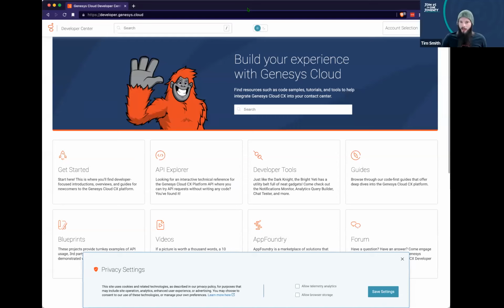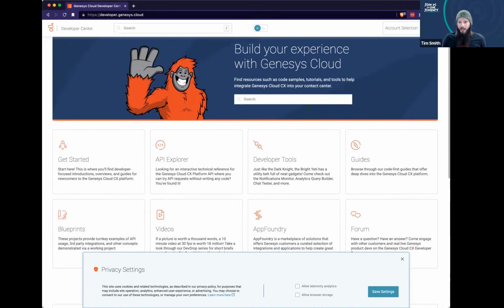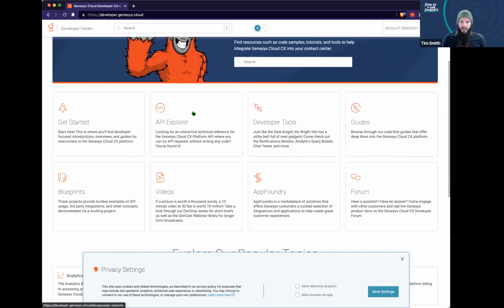I'll jump right into it. So here we have our new Developer Center. We've worked with our user experience team to come up with a fresh new layout and design for the site. On the front page, we've started with search front and center, so you can search anything you like on the site. We have some common landing sections here: getting started, API Explorer, link to the developer tools, guides, blueprints, videos,